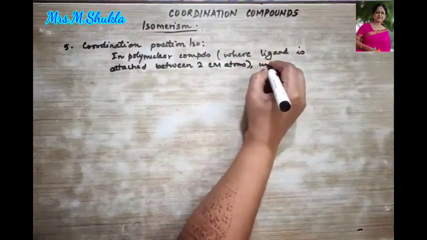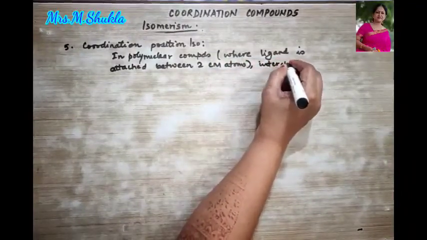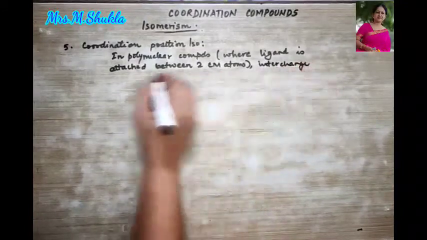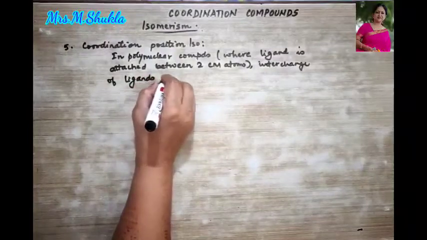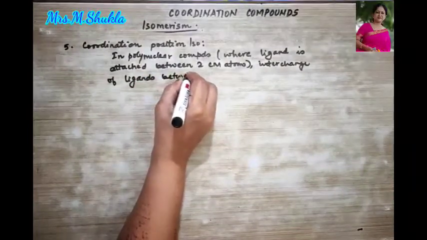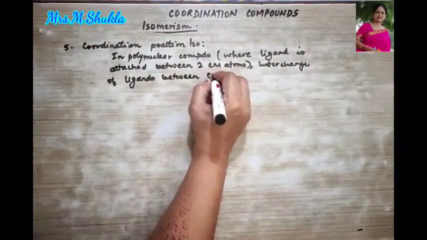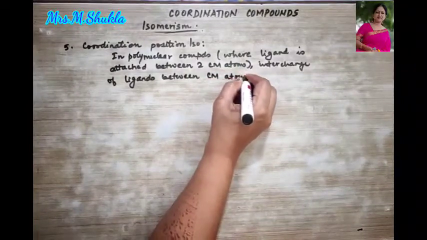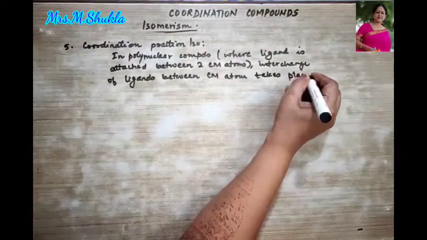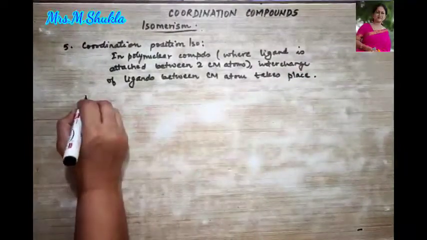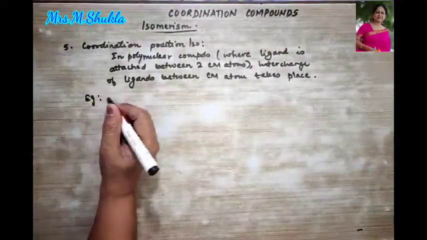Okay, then over here, interchange of ligands between central metal atom takes place, right? So let's look at an example